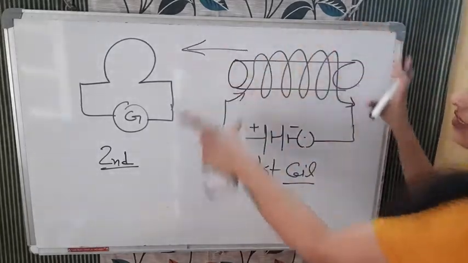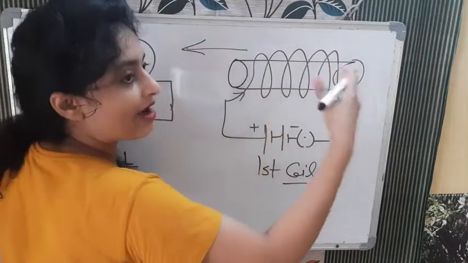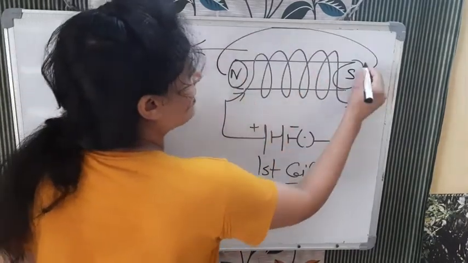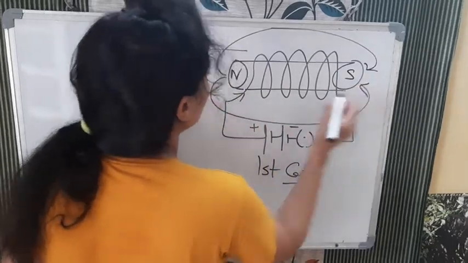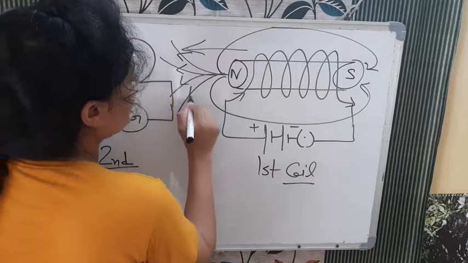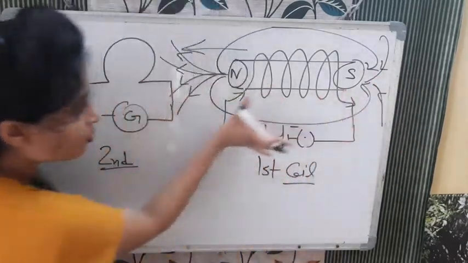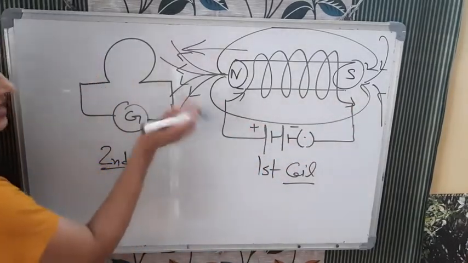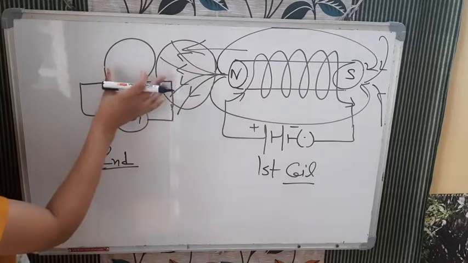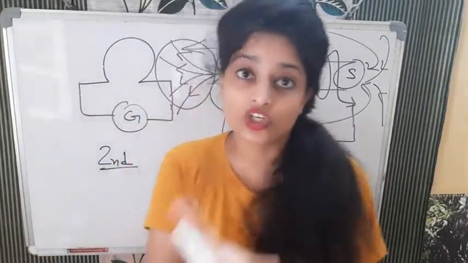Why? Because the solenoid, this current carrying conductor already has magnetic field. For example, this is north and this is south pole, so again magnetic field lines will be like this, north to south. So when you are moving this current carrying conductor, again you are changing magnetic field lines through this area. Either they will increase or they will decrease. So there is a change, and remember there should be change.